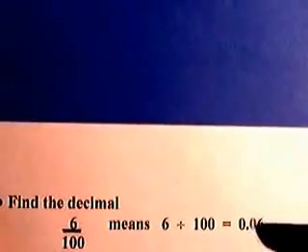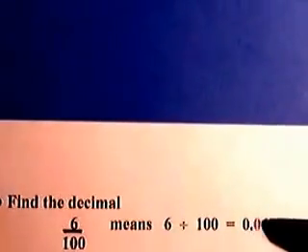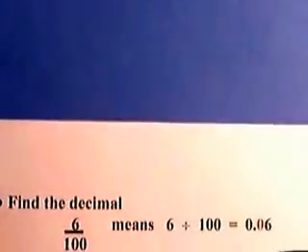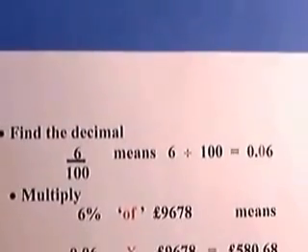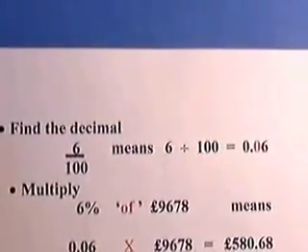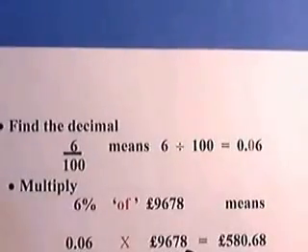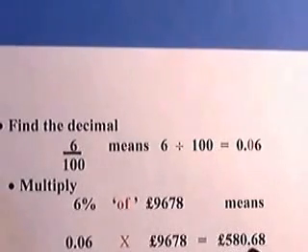6/100ths means 6 divided by 100. So the decimal point, just behind the 6 there, is going to move 2 places that way. If it moves 2 places that way, there must be a 0 in front of the 6 and before the decimal point. So 6% is 0.06 as a decimal. Very important. Then we multiply. 6% of the 9,678 means 0.06 times that, and if you do that on a calculator, out pops the answer,